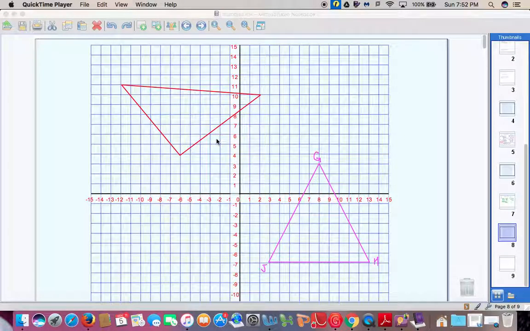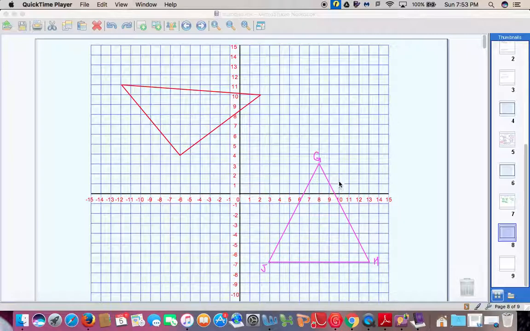Let's look at one more example for finding the perimeter of a triangle on the coordinate plane, and then also using the side lengths to determine what type of triangle this is. Okay, so if we're looking at triangle GHJ, the pink triangle here,